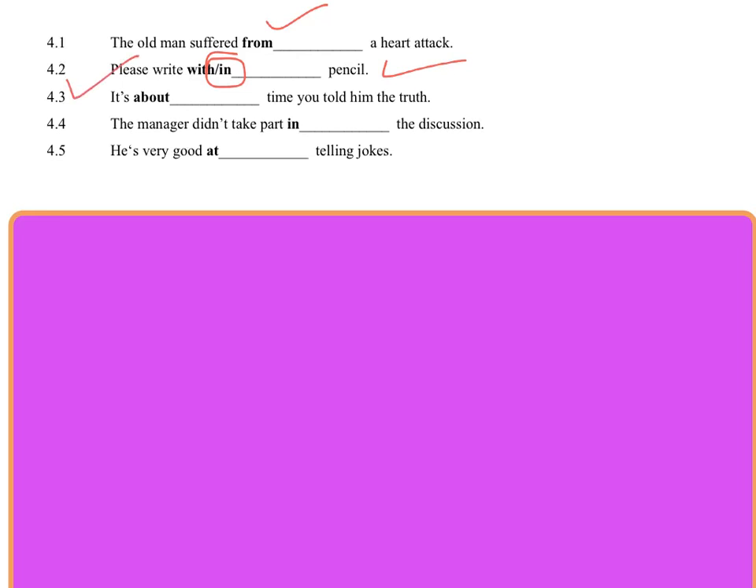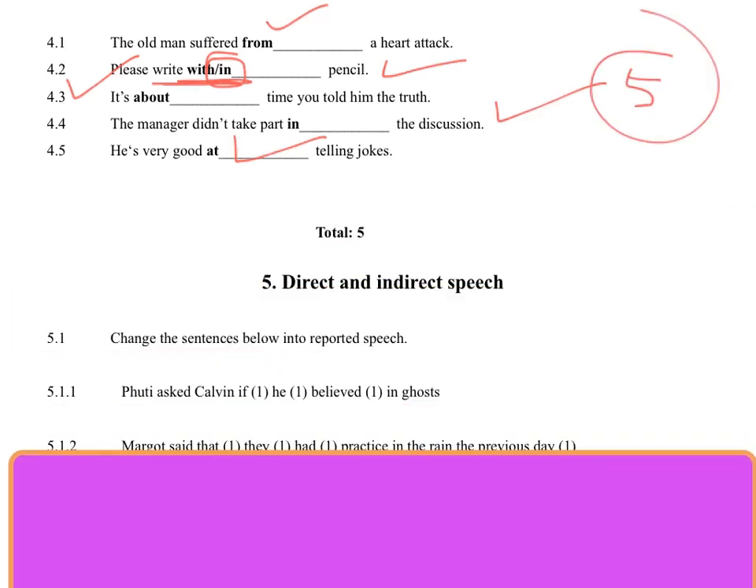The manager didn't take part in and at. I can't think of any other alternatives. This is the only one that could possibly have 2, but in is better there. So again, you're going to give yourself a mark so you can move on to the next section, which is